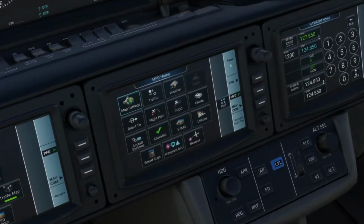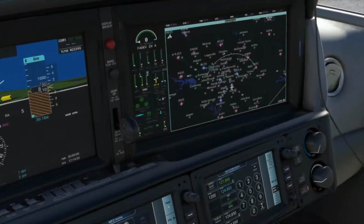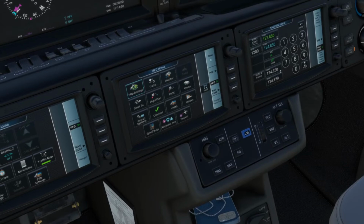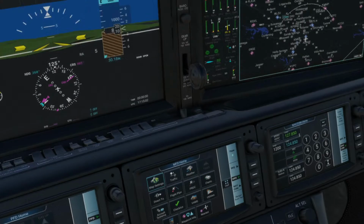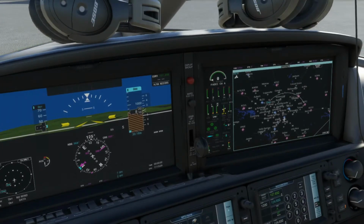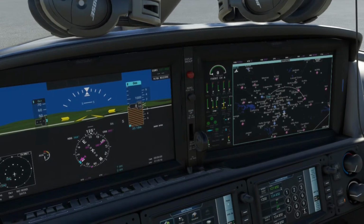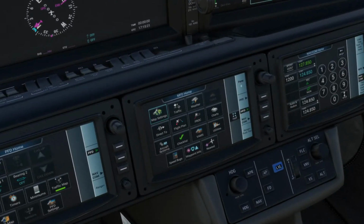So just a quick thing over here. This uses the working title G3000, and at the moment VNav is not included, but that's because it's not on the version of the SR22 maybe. At the moment, it's not modeled on the G3000, but when working title does update and do the rebuild, the FlightFX team will get that integrated as quickly as possible, but it's a little bit customized because, of course,